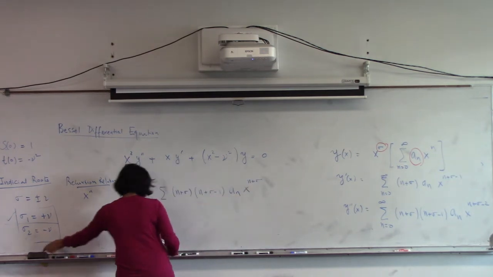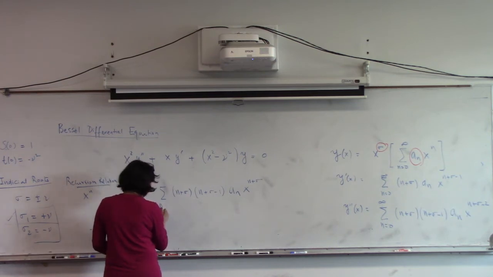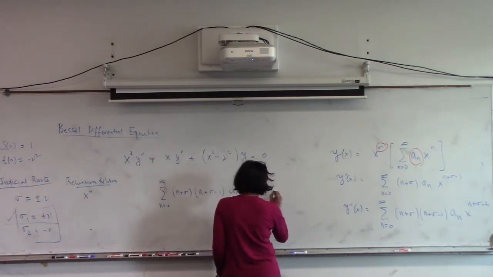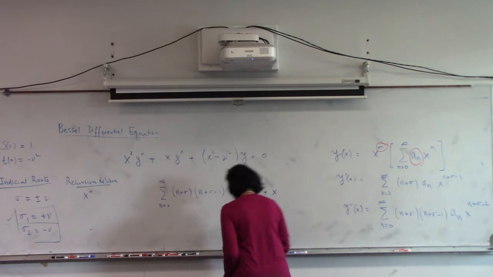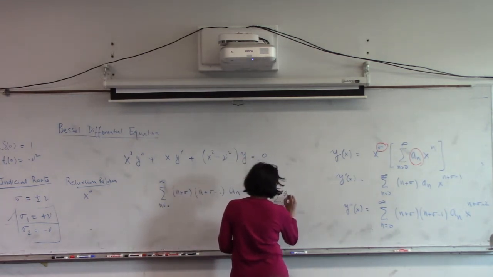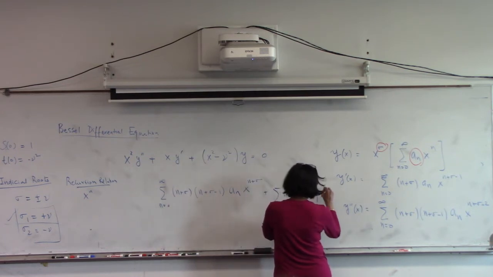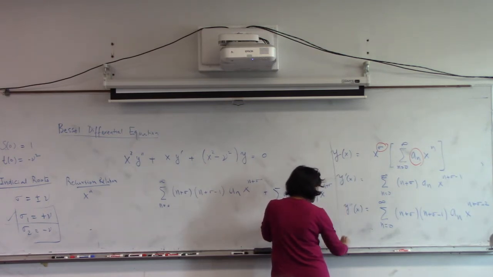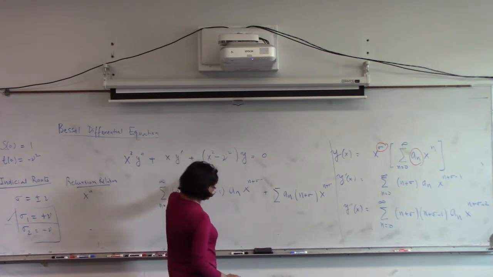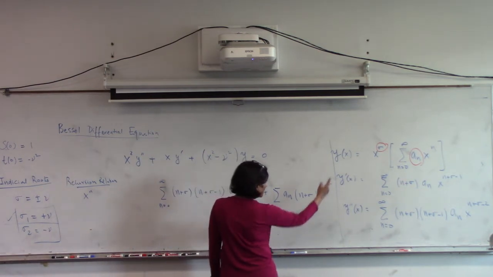Okay, let me take care of that. n going from 0 to infinity, plus x times y prime, which will be nothing but the summation of a sub n plus sigma, x to the power of n plus sigma, is my second term. The two terms I want to separate out so that I can have correct powers of x. x squared y would be